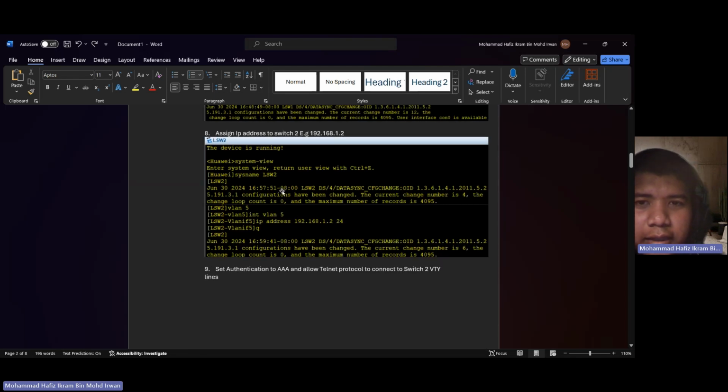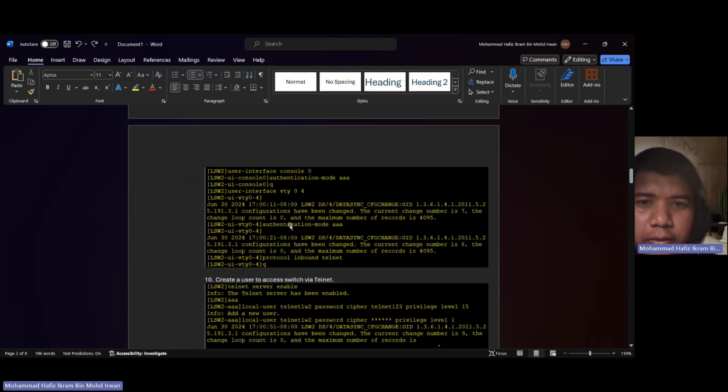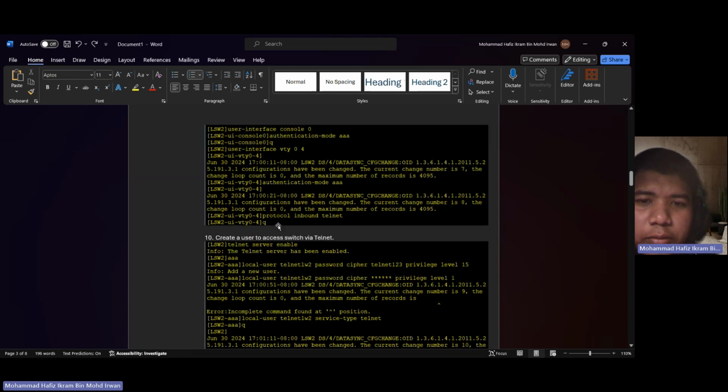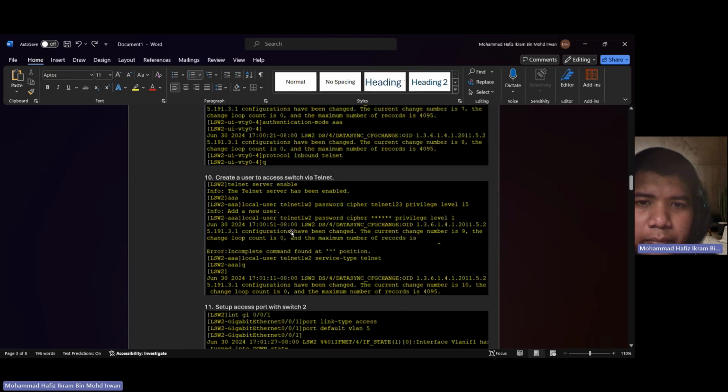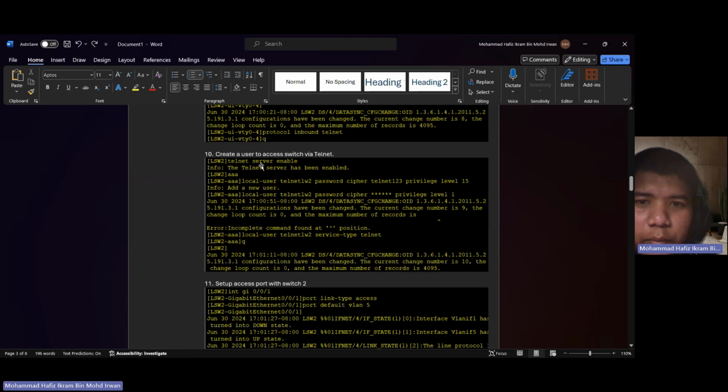Now what you need to do is assign an IP address to the second switch. Here I assigned it as 192.168.1.224. You just need to repeat the steps that we did for the first switch, and that's how we set up the environment. So again, we need to also set up the authentication mode AAA, user-interface console 0, and the VTY lines. We also need to set the authentication mode to AAA, and then prepare the switch to take in the telnet protocol. Now we need to again enable the server, and then we also create a local user,